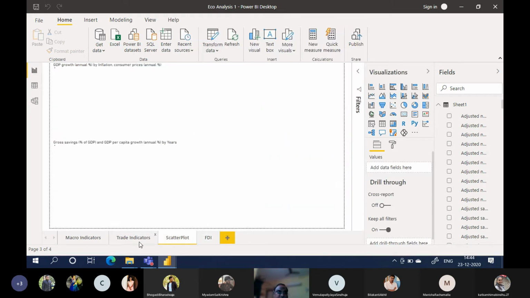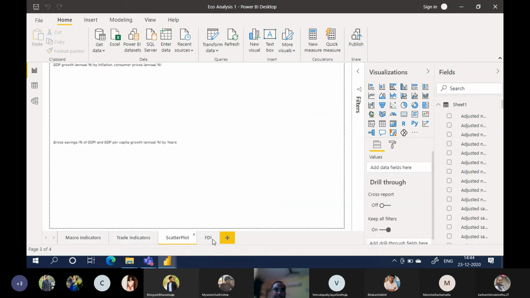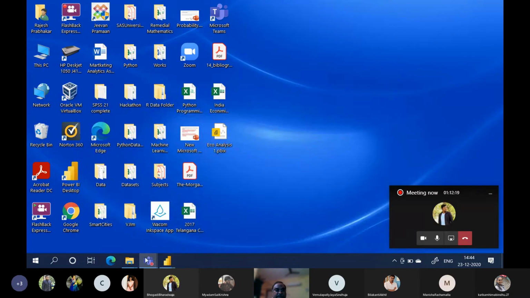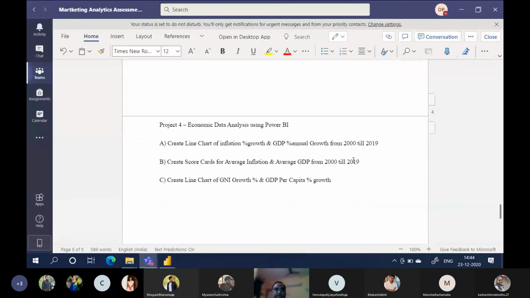Okay, so you submit me those PBIX files and then I will do it. I will upload this file anyway. Scatter plots, FDI. So basically I want to have 5 dashboards. These are all in dashboard 1, right?